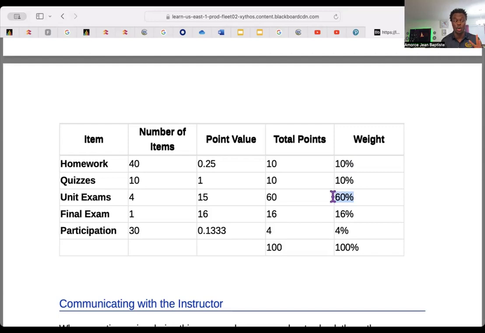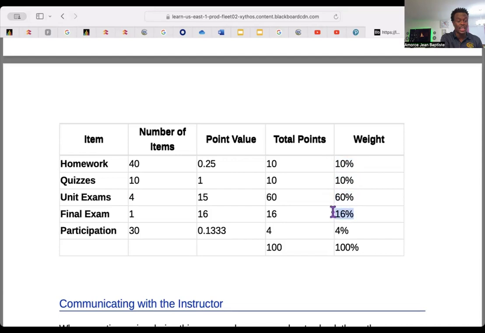60%. You got 4 of them. So that means if you don't pay attention while you're doing your homework, you use anything online to do your homework, it's just 10%, and your quiz 10%, you got 20%. And those are the assignments where you cannot use online tools, your phone and your notes to work. That means you need to study to take those ones.